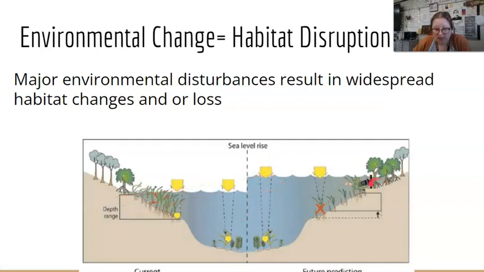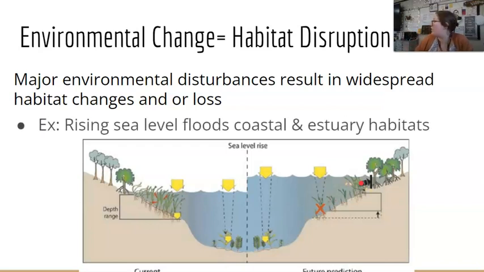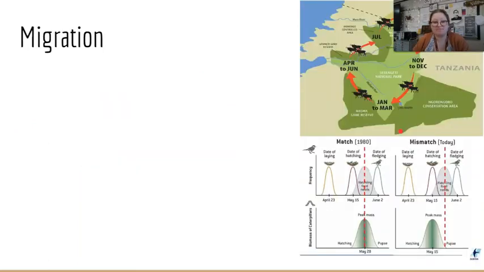That means there's going to be some land that was habitable by humans, animals, whatever, that will end up underwater. It means that these underwater ecosystems are going to change because less light can get to them. So those plants that need a lot of light or need to be able to reach the surface aren't going to be able to grow there. The habitat is going to change. That can also happen if a fire goes through a forest, or if a drought goes through and there's not enough water for the plants to live. So rising sea levels flood coastal areas and estuary habitats. And then, like I said, fires, tornadoes, any environmental change can cause short or long-term habitat disruption.